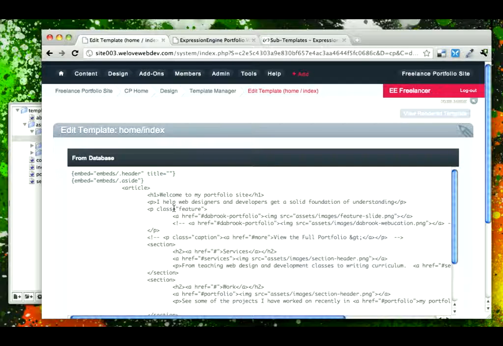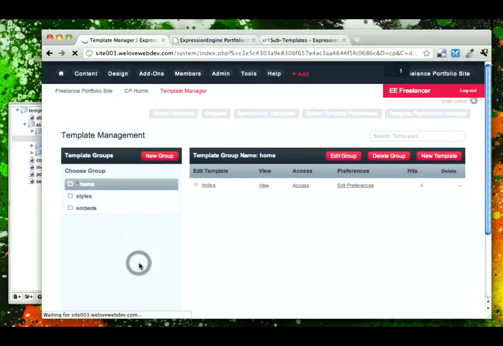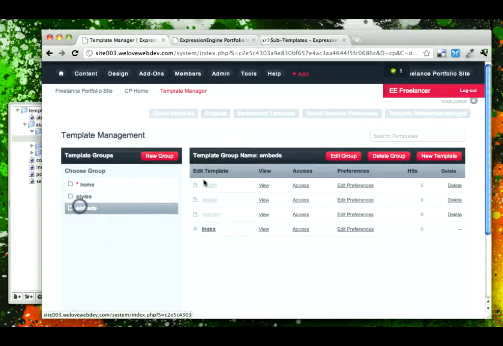And what we're going to put in here is what we want to appear as the title of the page that appears in Google search results and on the top of your browser. And we're going to say here for our home page, EE Freelancer Portfolio Website. And if we're on the About page, we could change this title but still keep the actual embed the same. So go ahead, finish this, and then come back to our embeds header file,